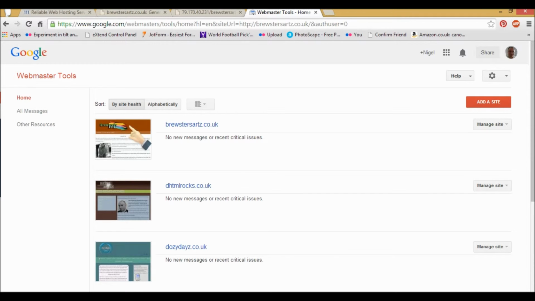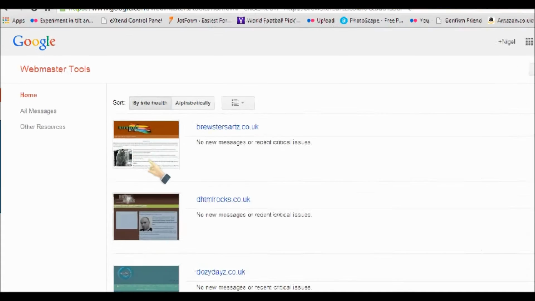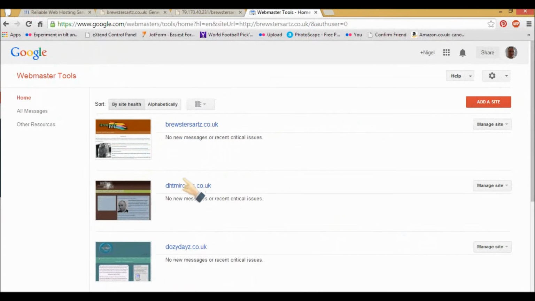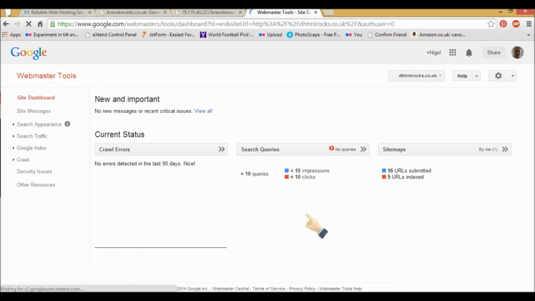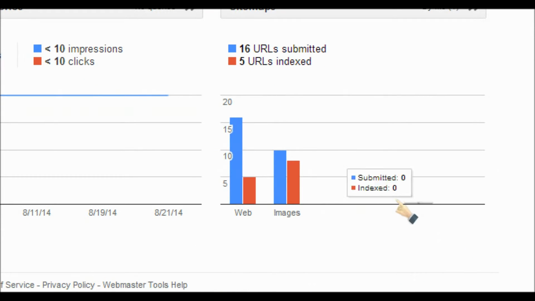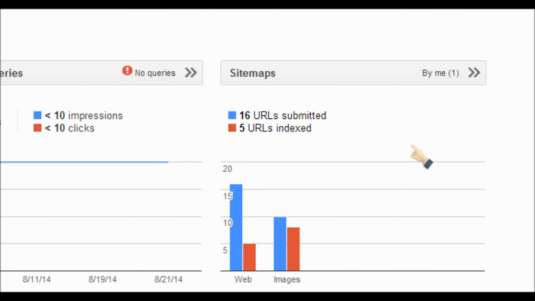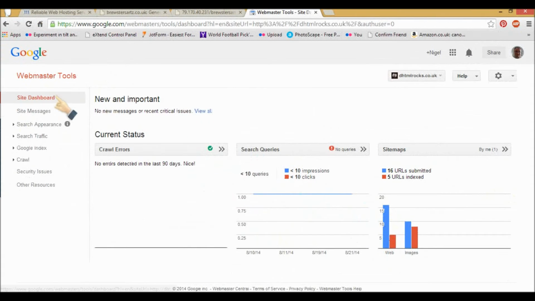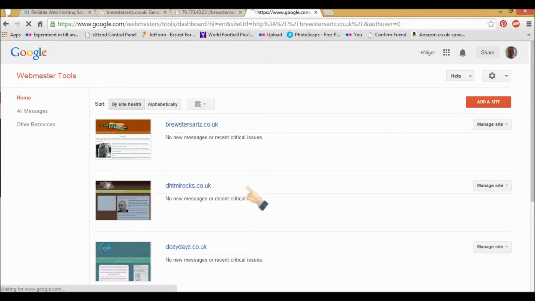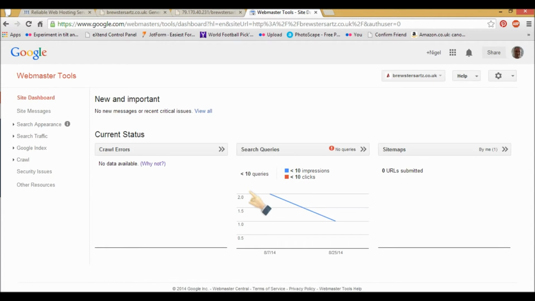And this could take a few minutes. There you can see that the one we've added is this. What a sitemap usually looks like is something like this, on another website that I've got on here. Something like that: 16 URLs submitted, 5 URLs indexed. So if we just come back out there and see if it's finished yet, and we go into there, no URLs submitted, but that's okay. If we just keep refreshing that,